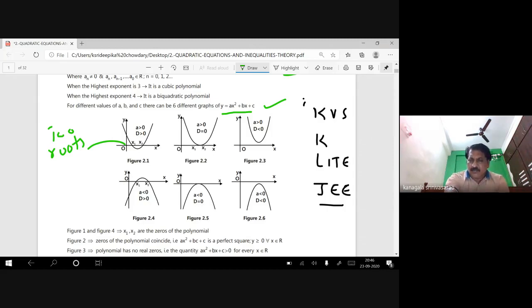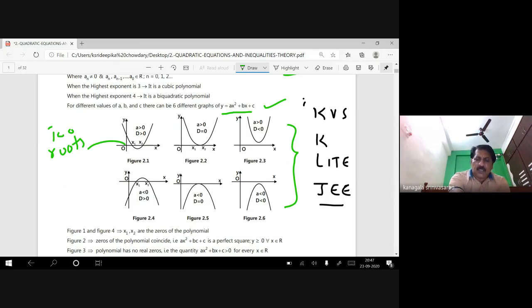Here the graph doesn't touch the axis of x. That means the graph has no real roots. These two cases you have to understand, they play an important role. If the quadratic equation's graph is completely above the axis of x, or completely below the axis of x, no real roots are possible. Roots may be complex here. Here the parabola opens upwards, here the parabola opens downwards. Here also the parabola opens upwards, and downwards here.